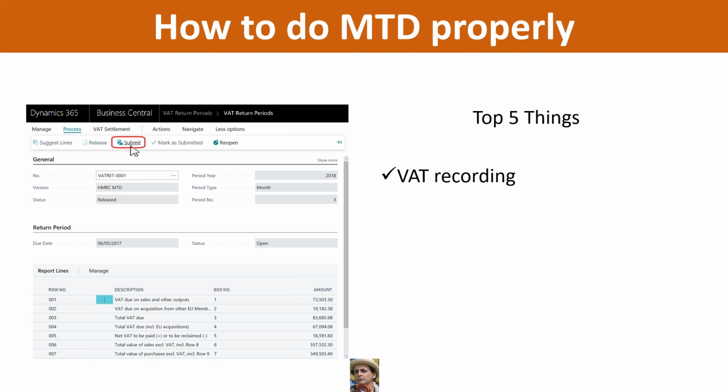There's no way you're going to get to a point that you can just click a button to submit your MTD VAT return. So you need to get everything, or at least all your VAT transactions, recorded on one single system. Once you've got one single system where you can do all of your VAT recording, you need to start looking at the setup, making sure that that system is set up correctly to record VAT correctly.